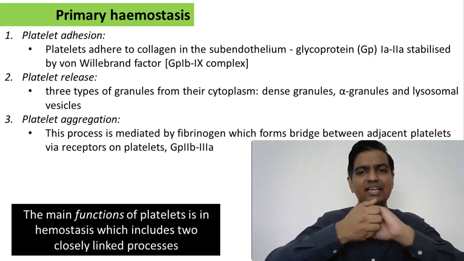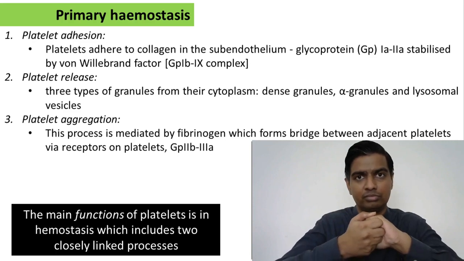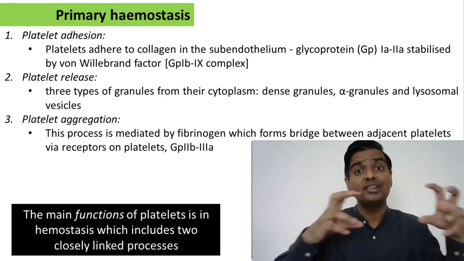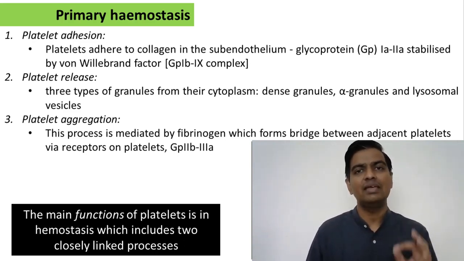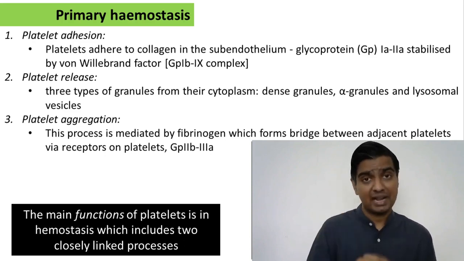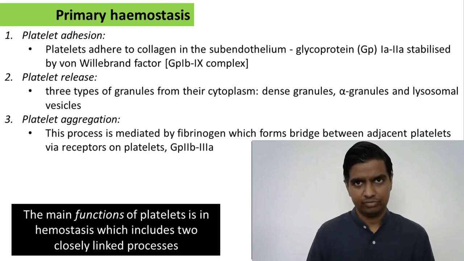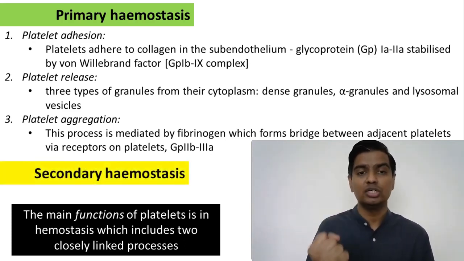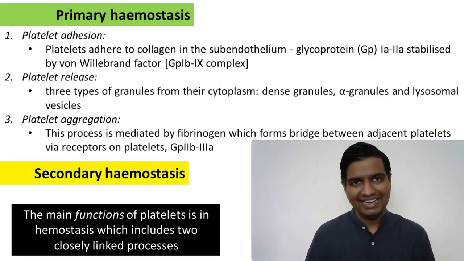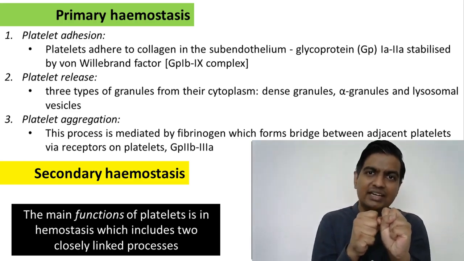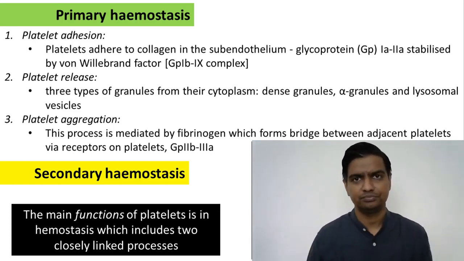So first and second are binding with the help of GP IIb/IIIa. Second and third are binding with GP IIb/IIIa. Like this, a lot of cross-linking of platelets takes place and a primary hemostatic plug is formed. This primary platelet plug is weak. It will work in association with the clotting factors that we have already described, the fibrin, and form a stronger secondary hemostasis, where platelets play the role of squeezing that clot, literally dehydrating it and making it stronger.